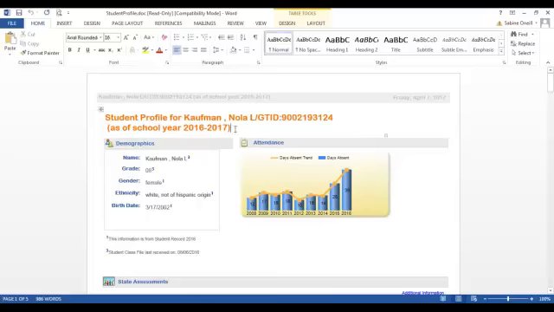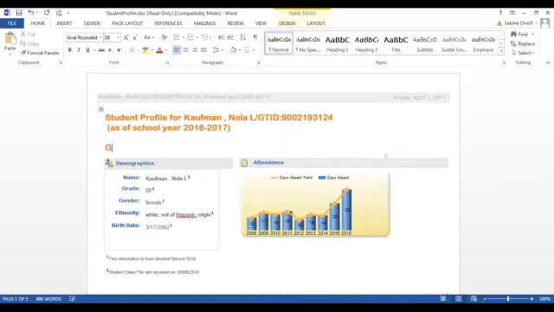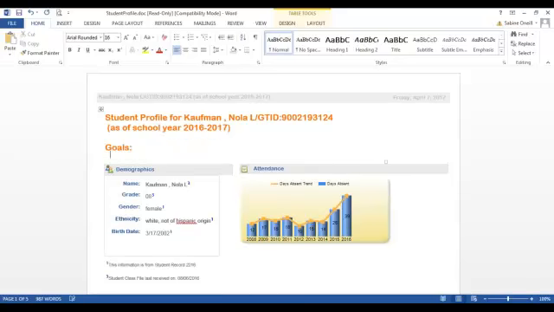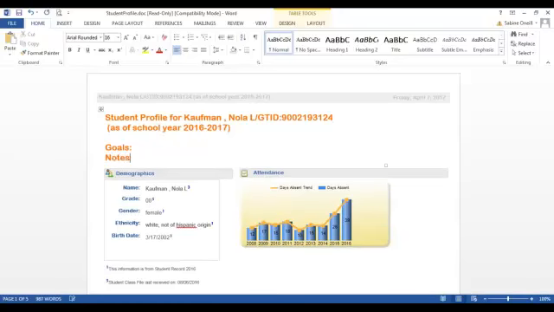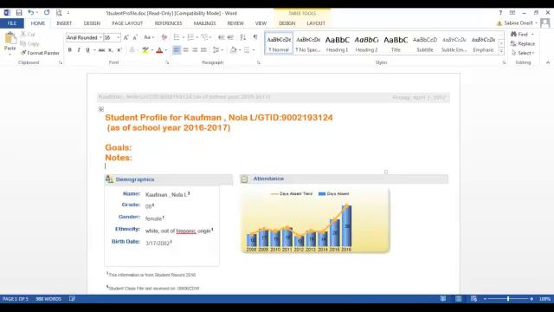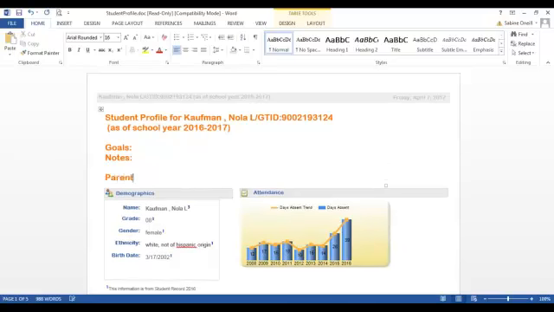So as I mentioned a few minutes ago, you can use this now to track goals that you might have on the student. Perhaps you're just taking notes that are part of a meeting that you're having on the student. And as I indicated as well, if you want to turn this into a little mini contract, it might make perfect sense for you to add a parent signature and or a date line here as well. If you need to, you can just send this to the printer and have this information available for a parent